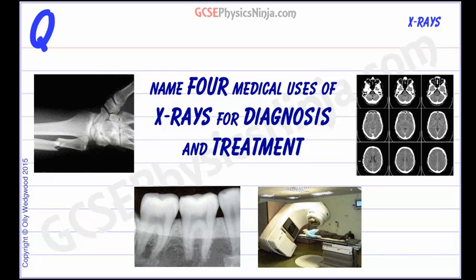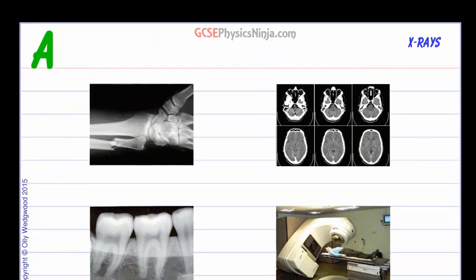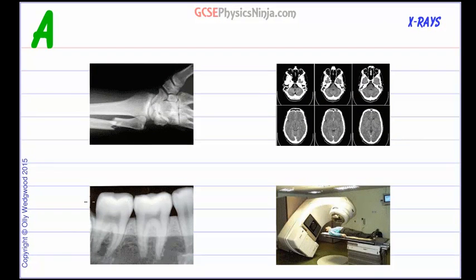Name 4 medical uses of X-rays for diagnosis and treatment. So X-rays can be used to diagnose, that is to look inside the body and see what the problem is, see what the disease or condition is. And they can also be used to treat a condition, to try and make it better or even cure the person from that condition. So first of all, let's take a look at 2 parts of the body which can